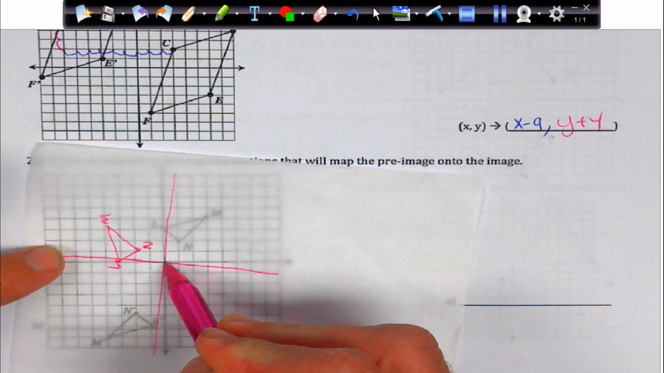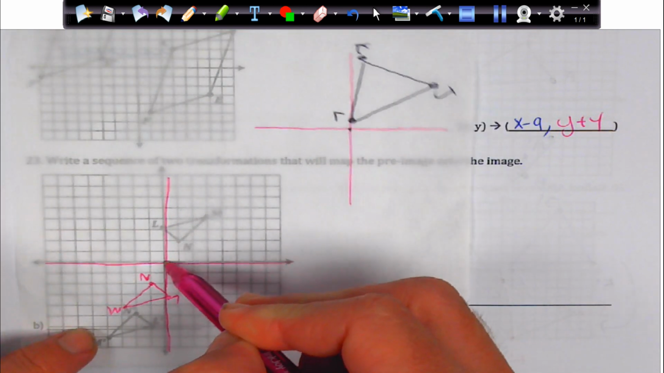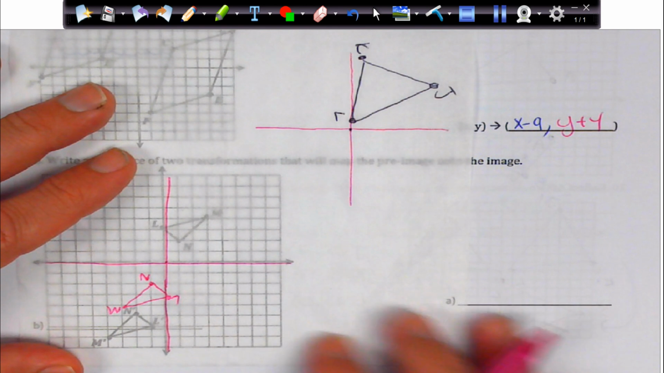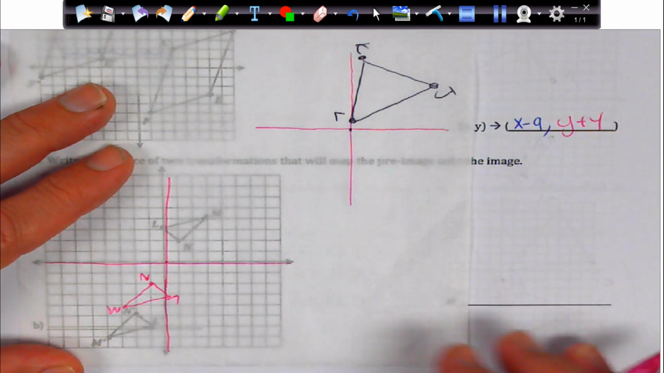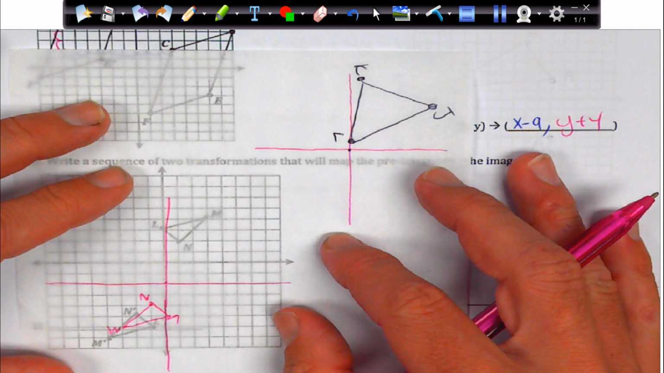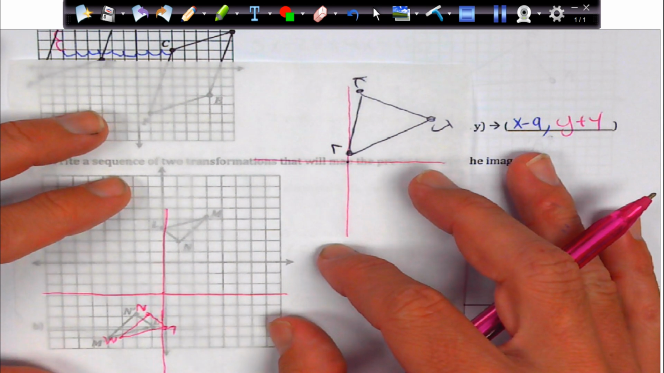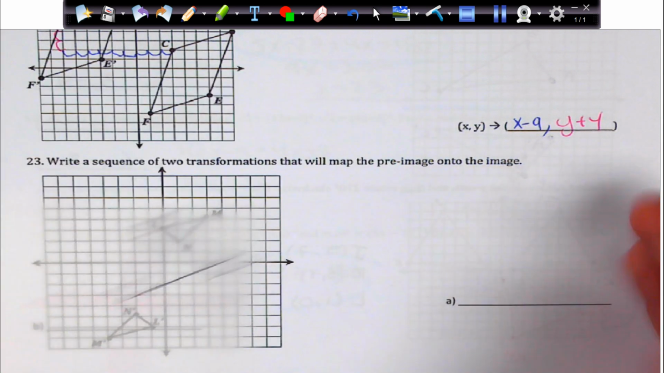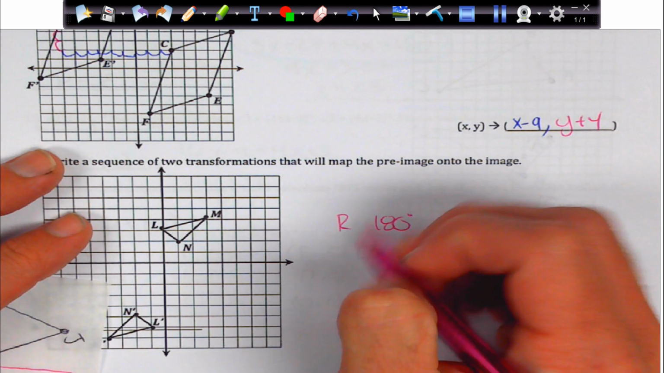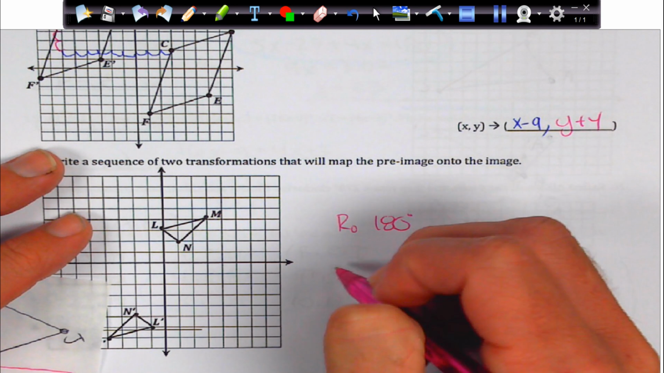So if I go there to there, see how I look like I'm in the right spot now? I got my MLN. So I'm going to rotate 180, it looks like. Okay, and then it looks like I need to come down 1, 2, 3, and then over 1. Okay, so again, that was rotate 180, and then we're going to translate,